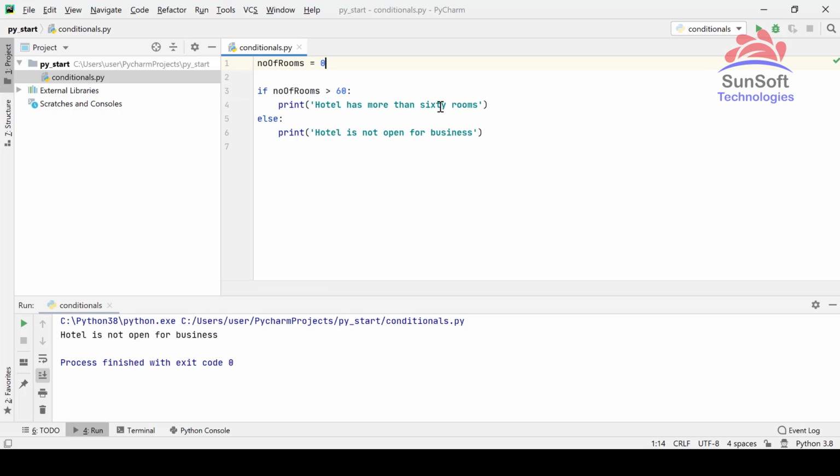And now in case it has 45, obviously it will show that hotel is not open for business. But in case it turns to, let's say, 145, we added some rooms, and then it says hotel has more than 60 rooms. So now this comparison works as well, so you can use comparison operators as well. This is all okay. So let's just use logical operators with this as well once we are done.